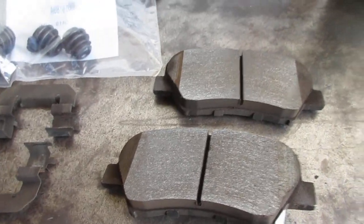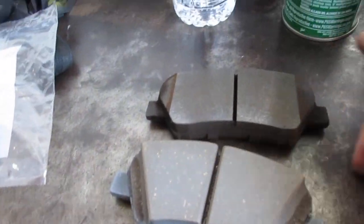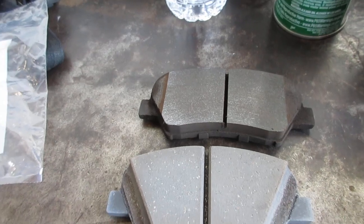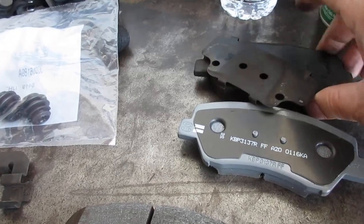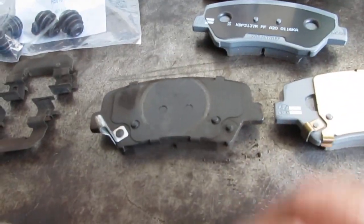Okay, now there's a difference. Here's the brake pads from Kia. When you put the pads side by side, I'll put them top to bottom here, it's a whole different thing: the way it's built, the way the edges are chamfered, the type of material. So the material can actually wear down and it won't ruin the rotor. Then of course on the back, it has a nice shim built in there. On the back on this one, it has a shim, but it's just like a removable shim. Then on the inboard pad, which this one is because it has a little wear indicator sensor on it, it's got a little shim